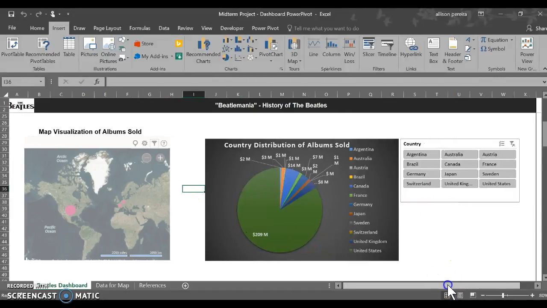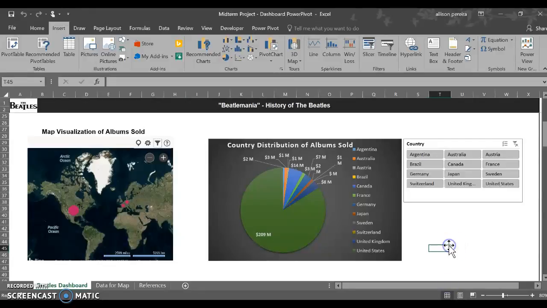Now if you scroll over to the right here, this is the country distribution of albums sold, so it's easily shown in this pie chart here. This is again using my PowerPivot data. And then I also created this filter here using a slicer, and you're able to click on however many countries